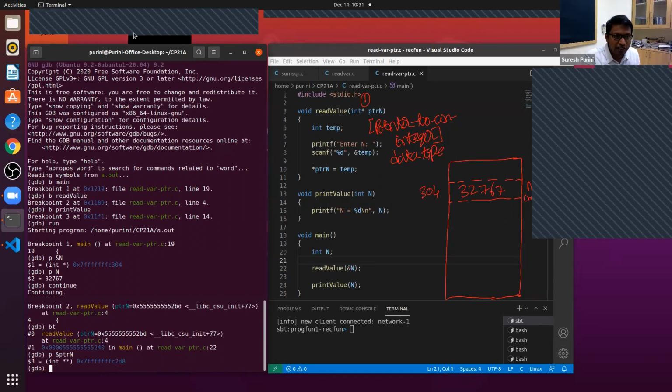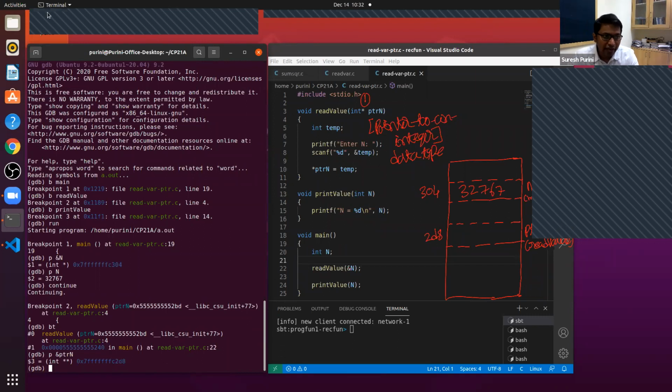We focus our attention on the last 3 digits. 2D8, in hexadecimal form, is the address of ptrn in the read value function. ptrn is a local variable to read value, and it has an address, 2D8.